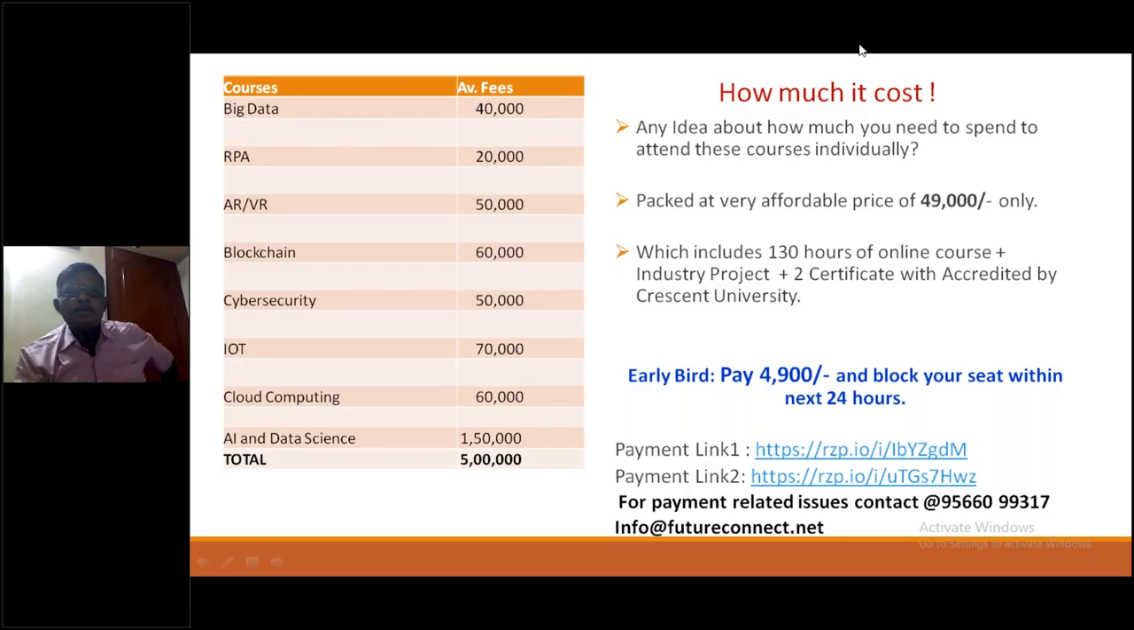Yeah, this course package is 49,000 rupees. I already explained about the hours: 70 hours of basic training, 40 hours for the major courses, whatever people are selecting. Then 2 certificates will be given. Here what we are going to emphasize is